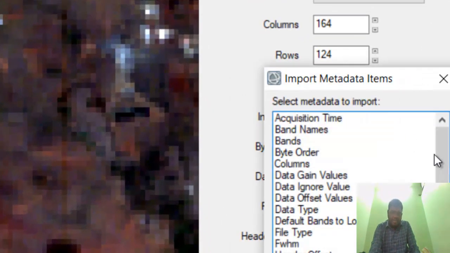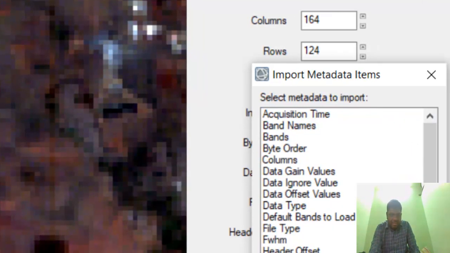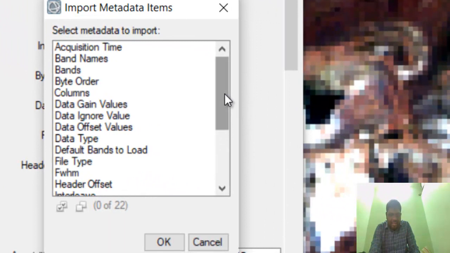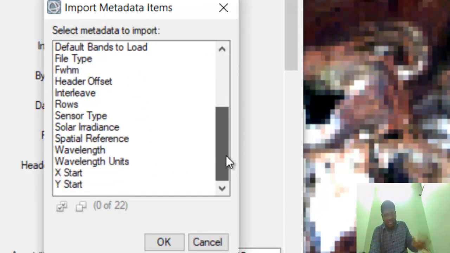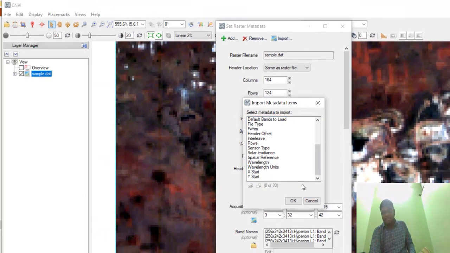In this file, you can get any kind of information, such as the FWHM, the time period, the irradiance value, and the sensor type. If you miss any information, such as solar radiance, you can import it from that.